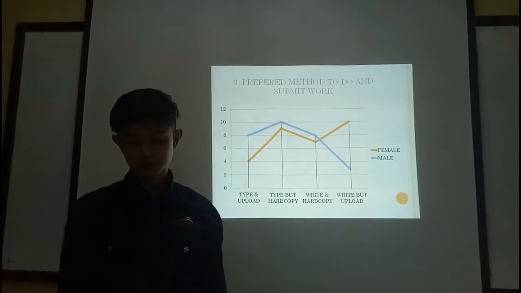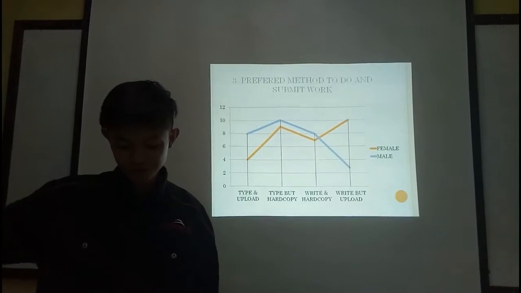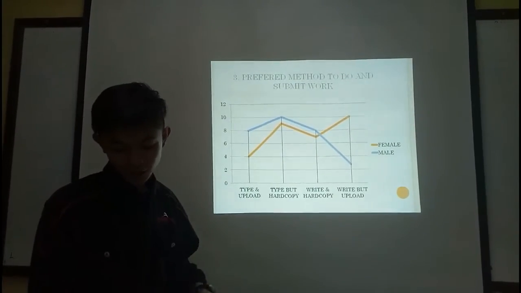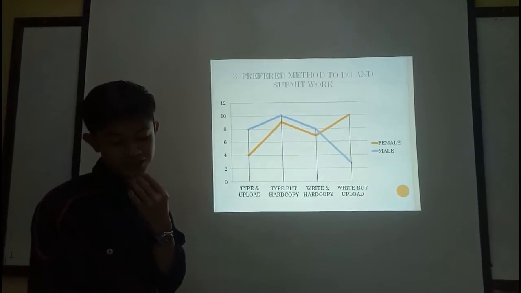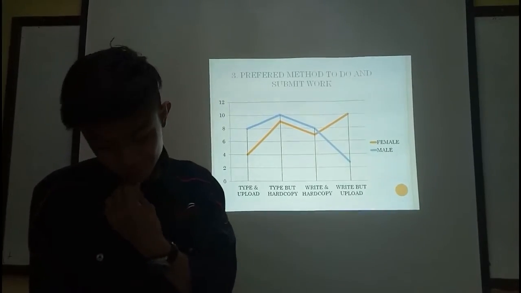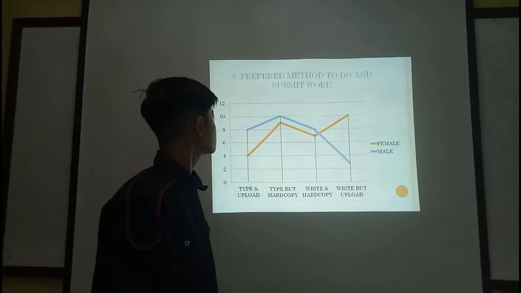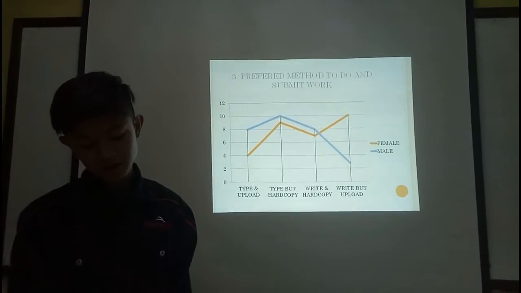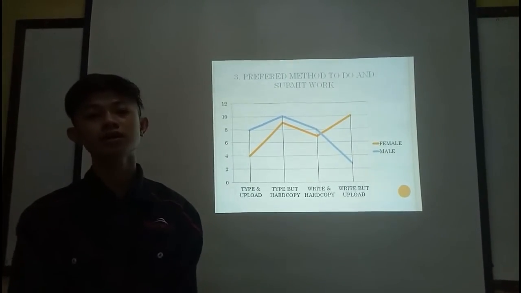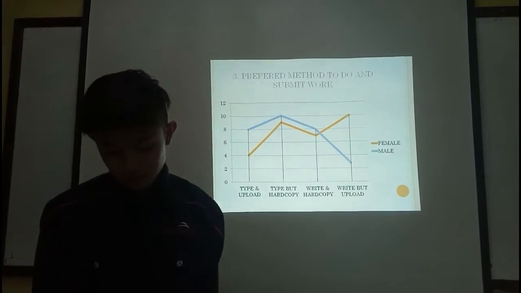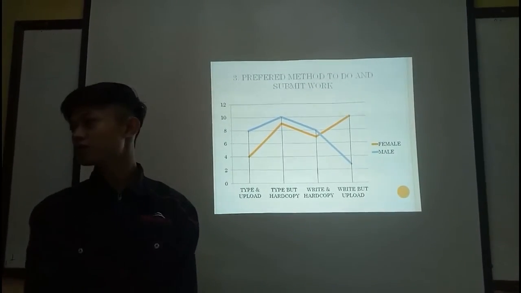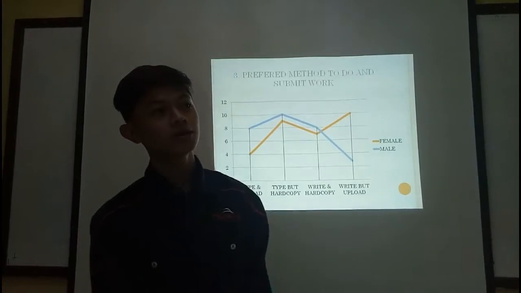Okay, before I describe the graph and chart of the finding, let me share with you the methodology of this mini project survey. First, we collect data from 60 questionnaires, and then we give out 30 questionnaires